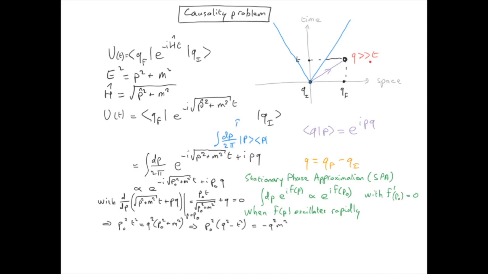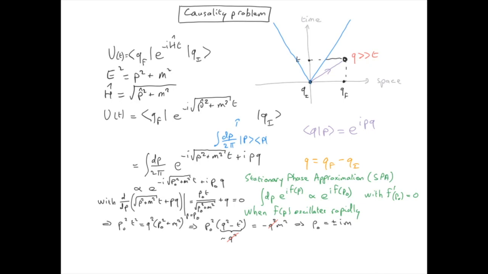Using q much greater than t, we have q squared minus t squared approximately equal to q squared, and therefore we can cancel the q squared on both sides of the equation. The problem is that the momentum we obtain is imaginary, while the integral was over a real value of p. So in order to use the stationary phase approximation, we need to do some